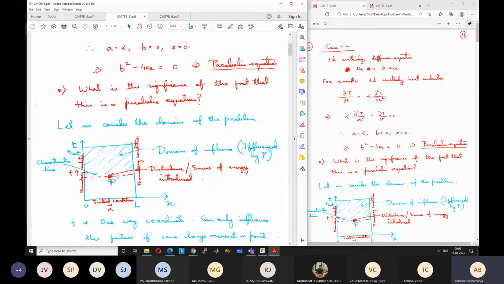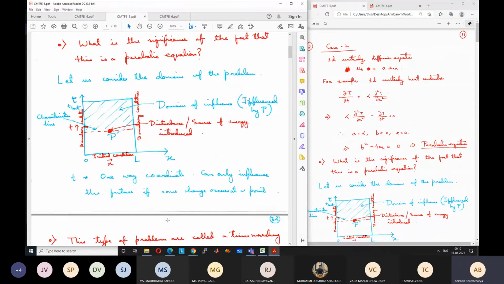So the domain of influence for this point is all the area ahead of this point, and the domain of dependence of this point is all the area before this point or below this point. Okay. And in the space direction, the domain of influence and domain of dependence stretches from one side of the domain to the other side physically. So in the space direction, it is the entire domain, but in the time direction, it is divided into future and past. So it's like a one-way behavior. And so that's why we called it parabolic in time and elliptic in space.